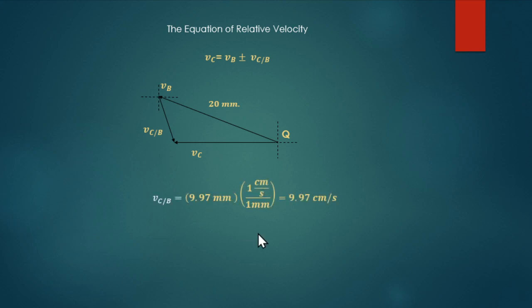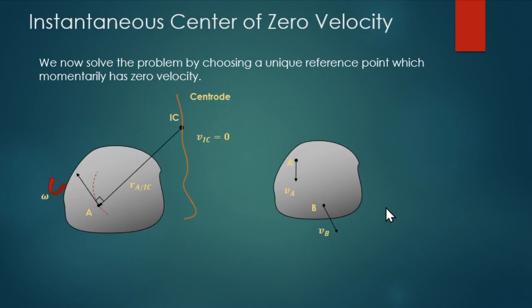And you get the magnitude of your velocity c over b. So we can say I measured 9.97 for velocity c over b, and the velocity c is equal to 15.33 millimeter. So my velocity c over b is equal to 9.97 centimeter per second. And my velocity c is equal to 15.33 centimeter per second. So the next topic is